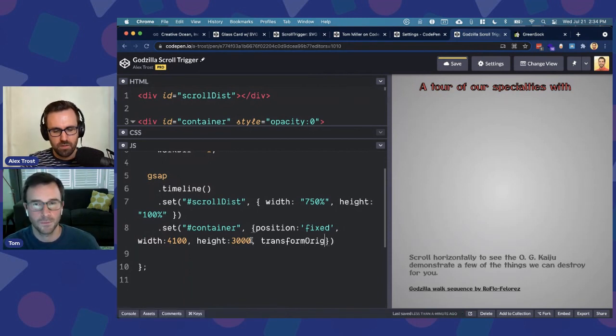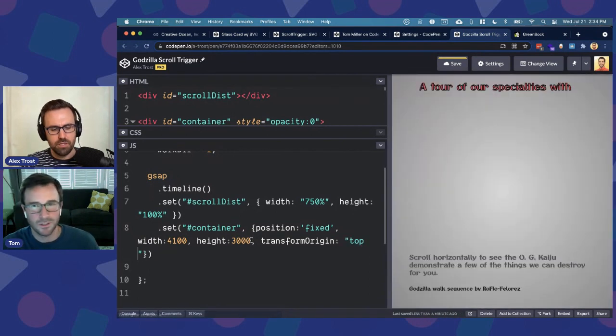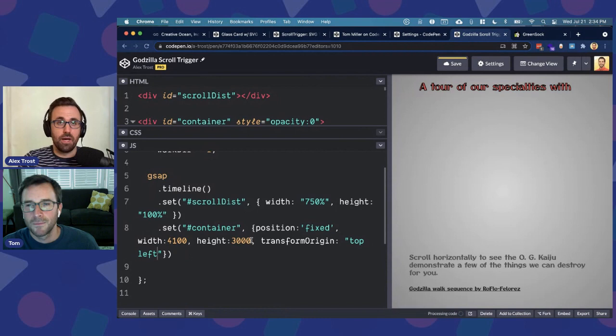So transform, yep, you got it. Origin is the string "0 0". Oh, I wonder if top left might work. But let's do just 0 0. That's usually how I do it. So well, you can save yourself